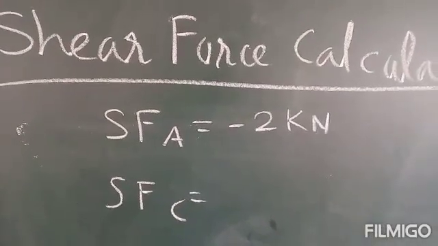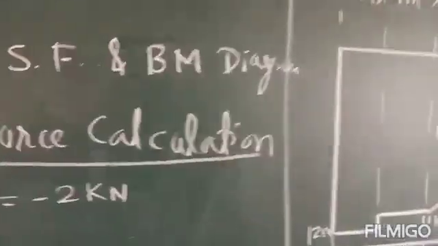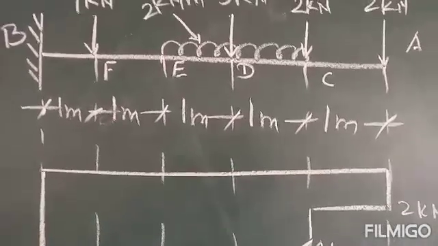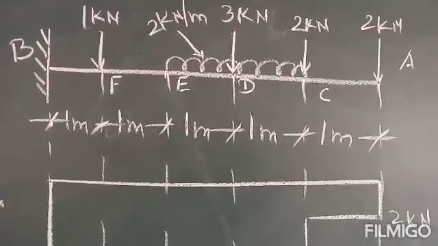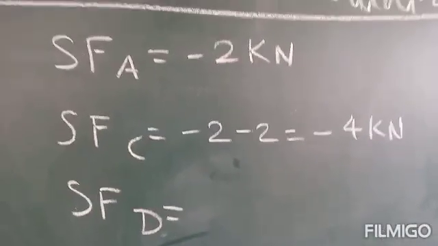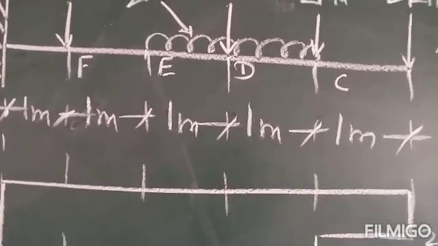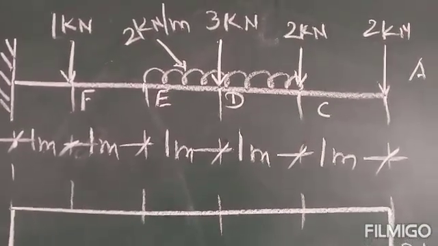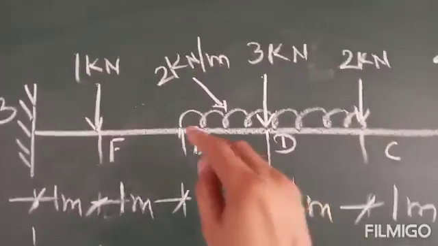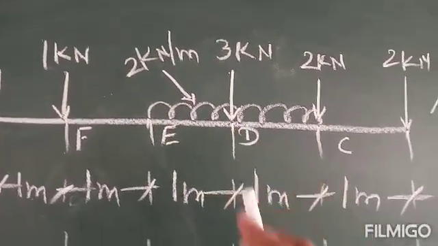Then we have to calculate the shear force at point C. This is again -2 kilonewton. So -2 and -2, -4 kilonewton. Now we have to calculate the shear force at point D. Here in the portion CD, one UDL is also acting, 2 kilonewton per meter, and at point D a 3 kilonewton